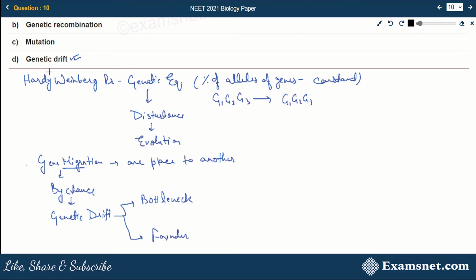What is bottleneck effect? Suppose this is a population and it has 50 types of genes. Now when it goes to another place, the new population might get 45 genes which were present in the original population and 5 genes might get lost during the process. So what is the similarity between population 1 and population 2? This is quite similar to that. It is just slightly different, isn't it? This is a slightly different population. So this is what happens in bottleneck effect.